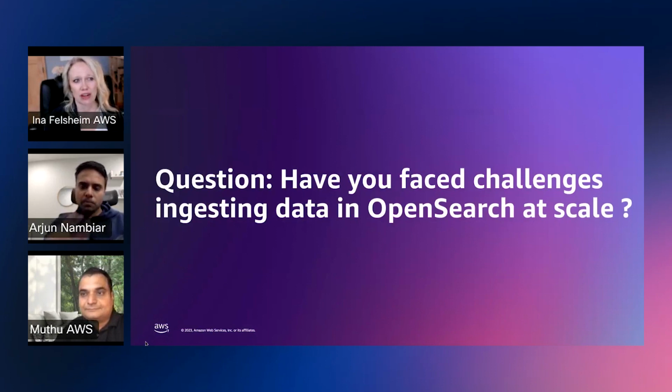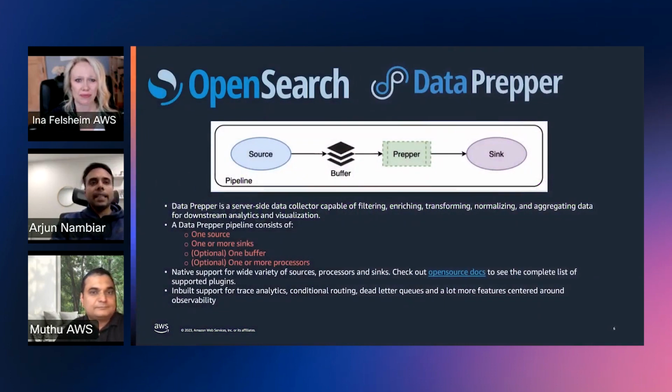Arjun, I think the other challenge that is kind of implied in the slide you just showed was the cost of all of that data routing in. Can you talk a little bit more about the challenges of controlling cost with all that data? Yeah. So, as Aina said,